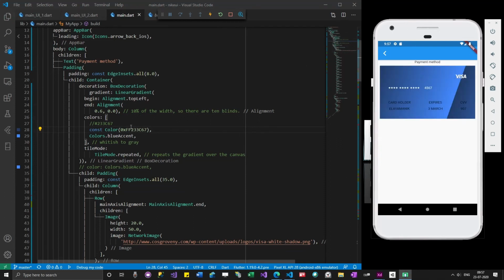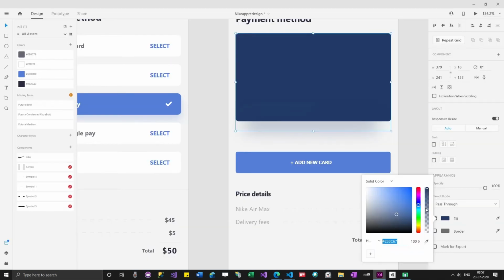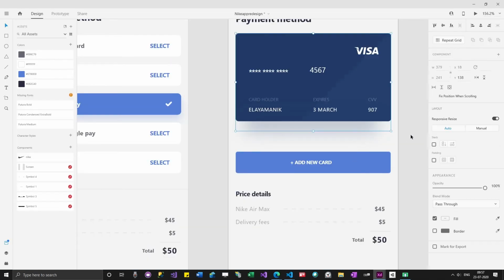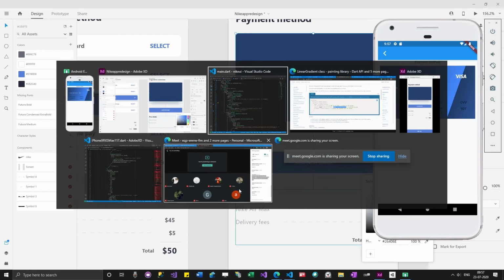Okay, so we got that color. So we need the other color also, right? So I will just press Ctrl Z and everything is back, and again I will click it, and then I will get this color. I'll get the value of this color also.